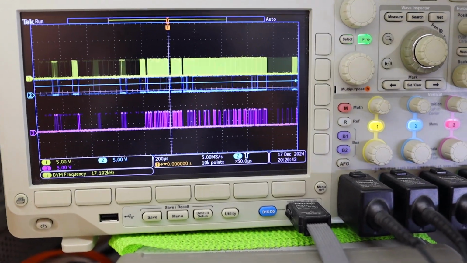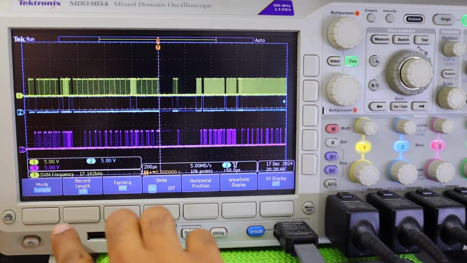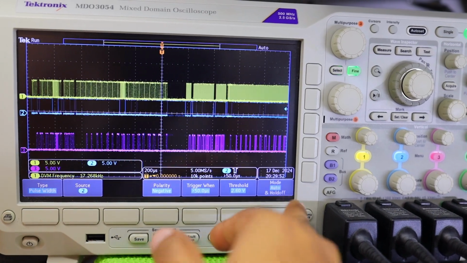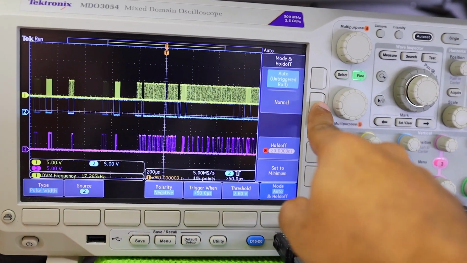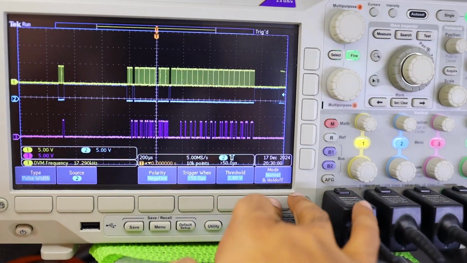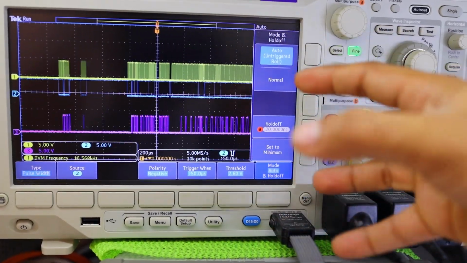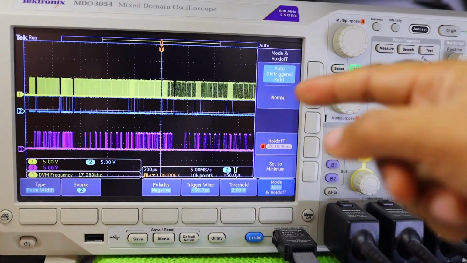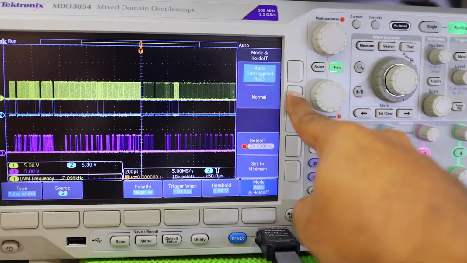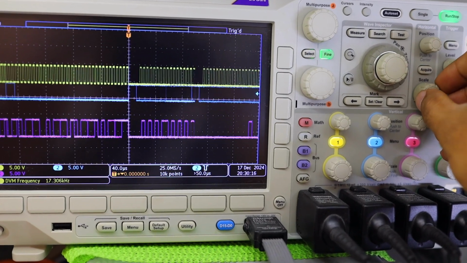Most likely this has to do with my trigger mode, and I'm supposed to do normal mode, not hold off mode. Because if you have the trigger in auto mode, even if it doesn't find a trigger, it will automatically trigger, and this oscilloscope is operating in very fast mode right now, so it will immediately find a new waveform and display it. So you set it to normal, and now we see a stable trigger. Okay,